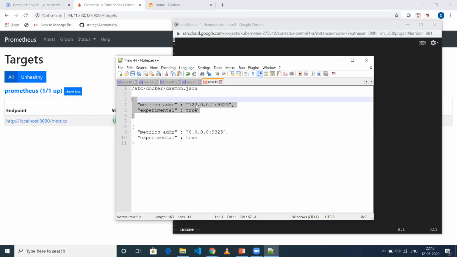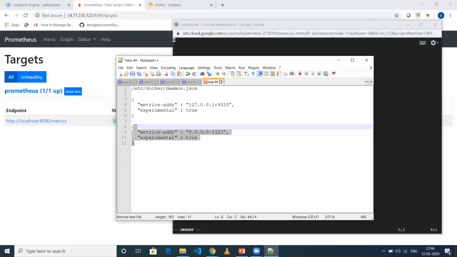For the metrics address, I had given 127.0.0.1. In my case it did not work, even though the official Docker documentation mentions this address.